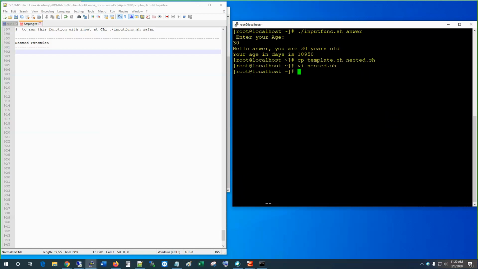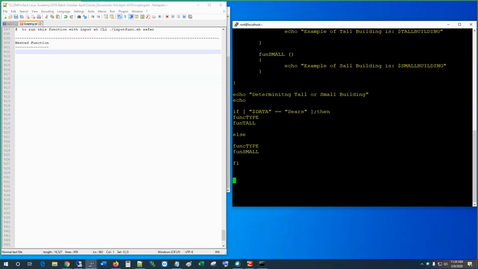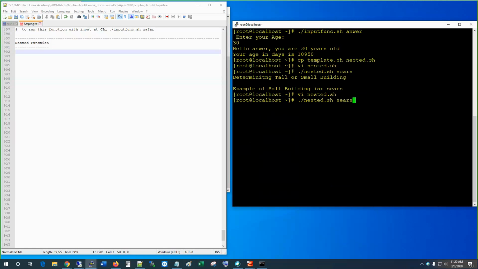So let's run this here nested. Then I type here example of a small building. Oh, okay. So let's see here. I have to type in Sears as well. So I have to type it in capital letters here. Okay, so what happened here is it is determining